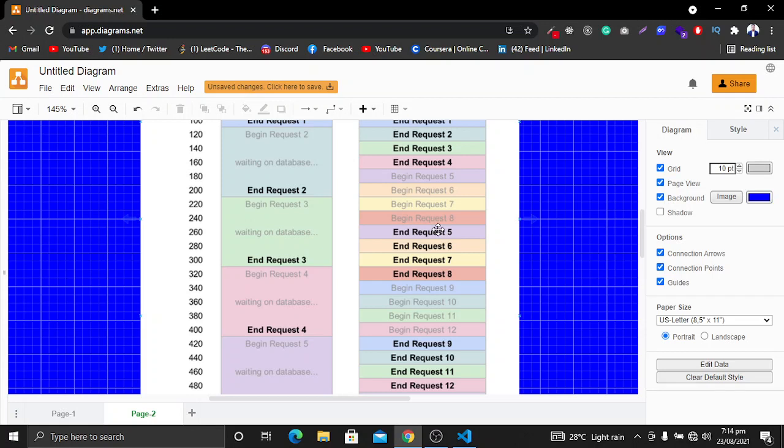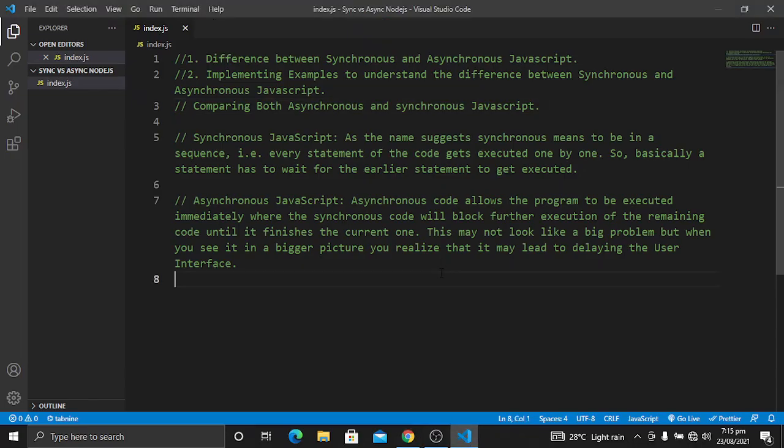I have repeated this concept a lot of times so you can clearly understand what is happening and what the difference is between asynchronous JavaScript and synchronous JavaScript. Now we have understood these concepts by using the definitions and these two diagrams. The next step is to start executing and understanding it by using examples. So let's go to our code editor. Now I will use the Node.js file system module to clearly explain with the help of code the difference between synchronous and asynchronous JavaScript.